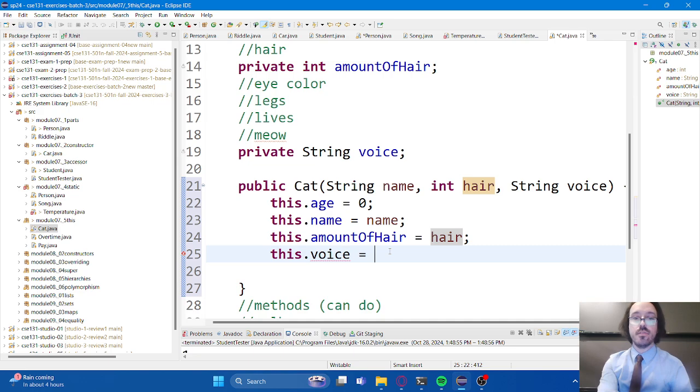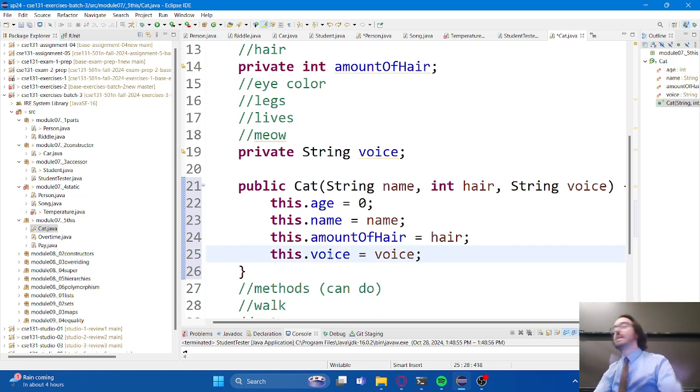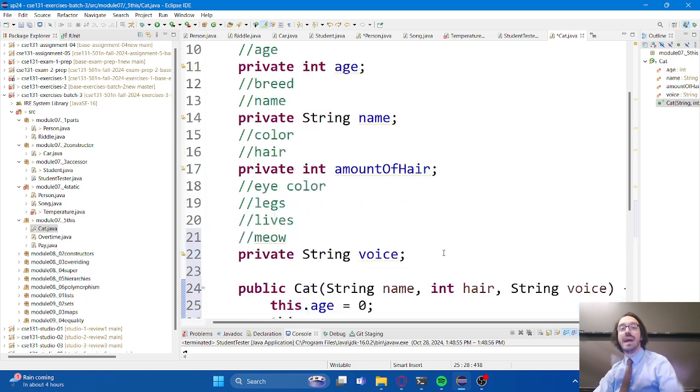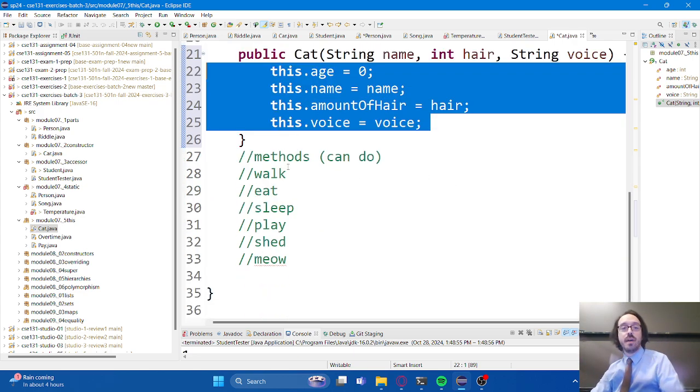Okay, so there we go. We have successfully created a constructor for our cat. Again, just as a reminder, a constructor's role is to make sure every instance variable has a value, and we've accomplished that. There are 4 instance variables that we've defined up here, and I've set all 4 of them. I didn't do it the same way for all 4 of them, but that's okay. As long as they all have an acceptable value, that's what matters. That's the important thing.